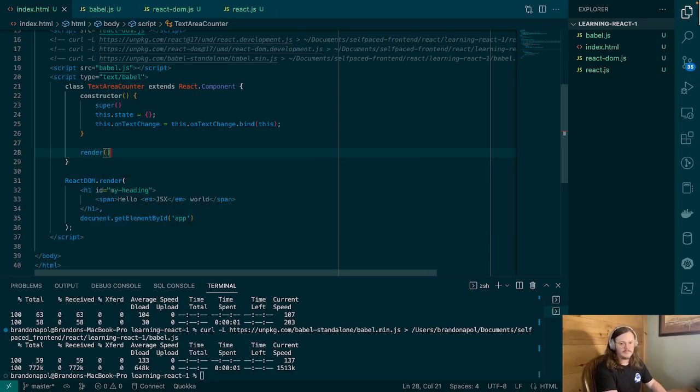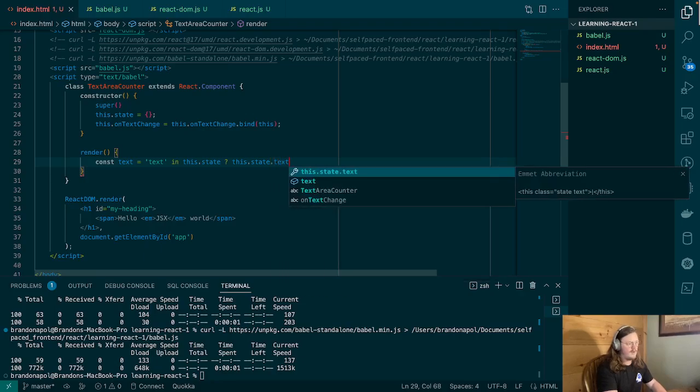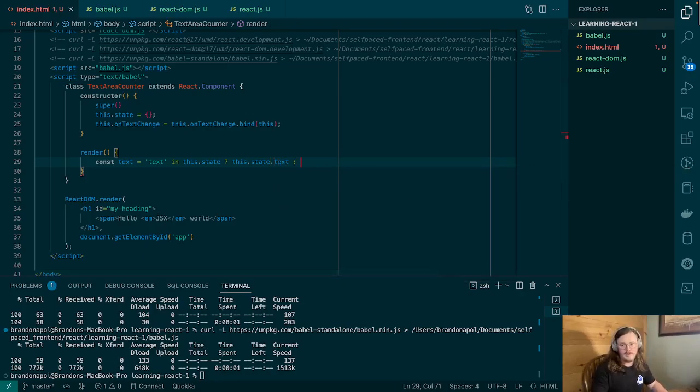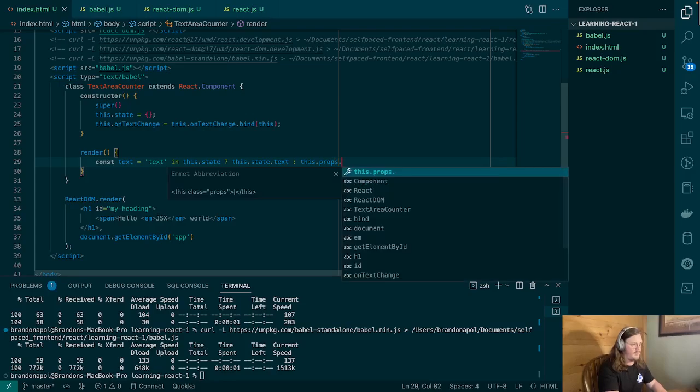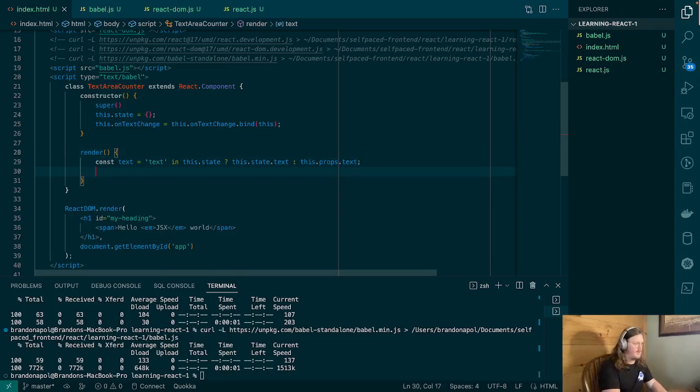So we're going to say render, and we're going to say const text equals text in this.state, and what we're going to do here is use ternary operators. You find these more and more in code. We'll see what all this means in a little bit. Let me finish writing this out, and then we can explain and talk about it. I'm going to return